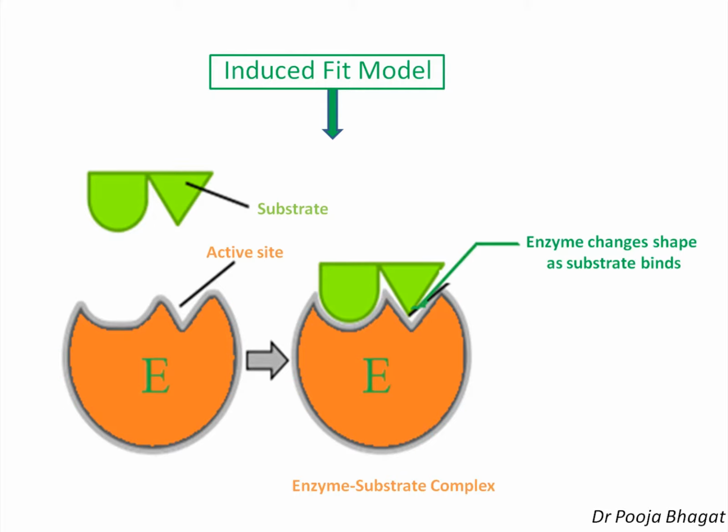That means if you have to explain the function of esterase using the lock and key model, you cannot, because according to that model the enzyme can act only on a particular substrate. But in the induced fit model, it is possible because the active site of the enzyme is not rigid, and it takes the shape of the substrate when it binds to it. When the substrate binds to the enzyme, the active site takes the shape of the substrate. Therefore, this broad specificity of enzymes can be explained by the induced fit model, but not by the lock and key model.